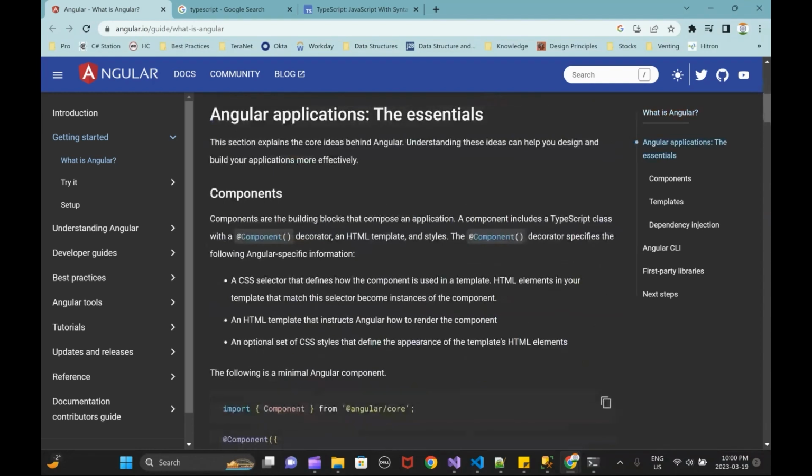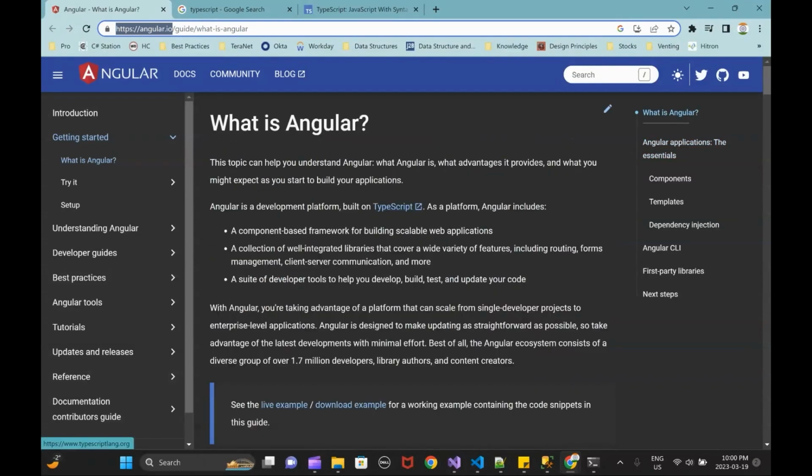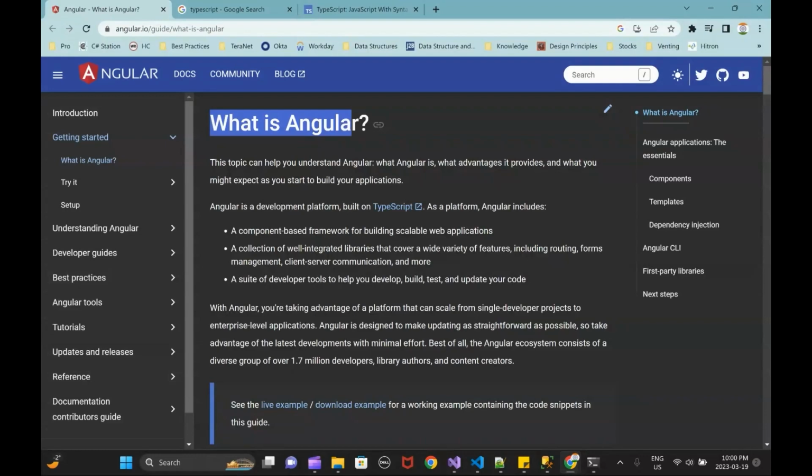And there are so many things in Angular that you can go to Angular.io and learn about. If you have any question, you can comment, and I can make a video about that as well. And I will be creating a lot of videos on Angular, one by one. The first one was Angular. It's just a front end framework, and